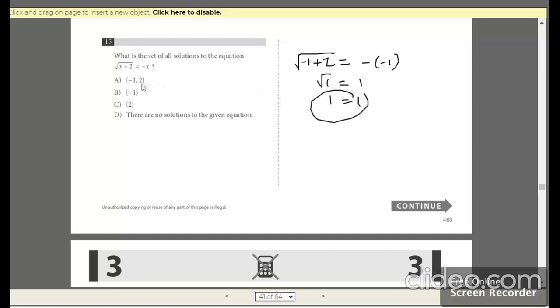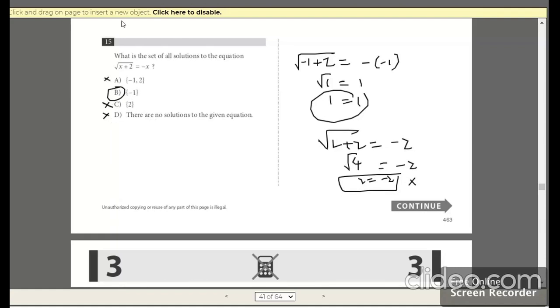So this is the best fit. Now let us check for the second, 2. If I put 2 plus 2, this is going to give me negative, which is root 4, that is 2, which is not what is asked. So this also goes out, this also goes out, this also. So we are only left with choice B.